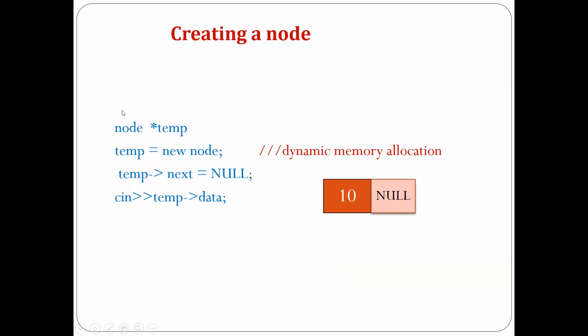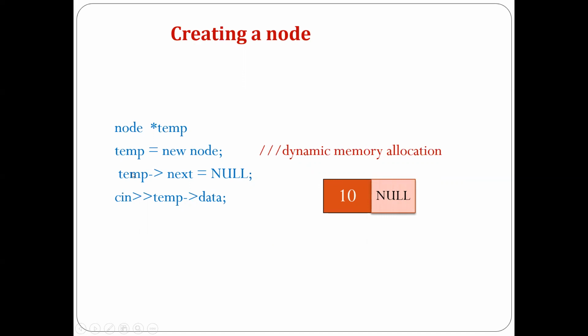Now, after declaring the structure, if we want to create a node, how to create a node? So these are the 3 steps for the node creation. The first instruction is temp is equal to new node. Here I am assuming C++, so I have used the new operator for the memory allocation. And this new operator is nothing but the dynamic memory allocation operator. Temp is the name I'm giving to this location. So whenever this instruction is executed, the memory will be allocated depending on the structure for this particular node, and the name will be given as temp.